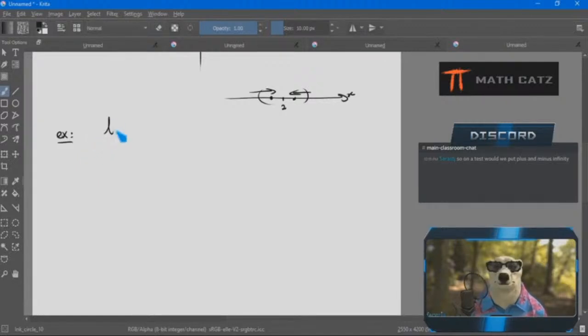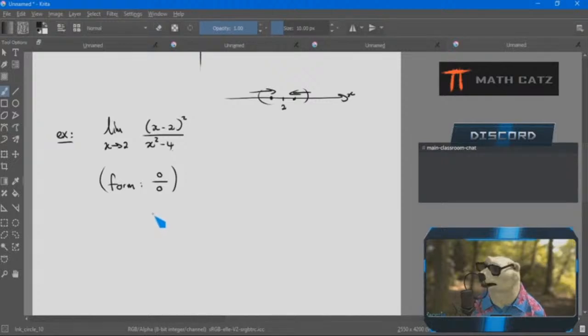Let's look at a very similar one. I'm going to flip them around. It's not very original, I know, I apologize, but it gets the job done. First thing I do, I look at the form. That's literally the first thing I do. And I see, oh, the top goes to 0. The bottom wants to go to 0 as well. Indeterminate form, don't know exactly what the answer is going to be right away,